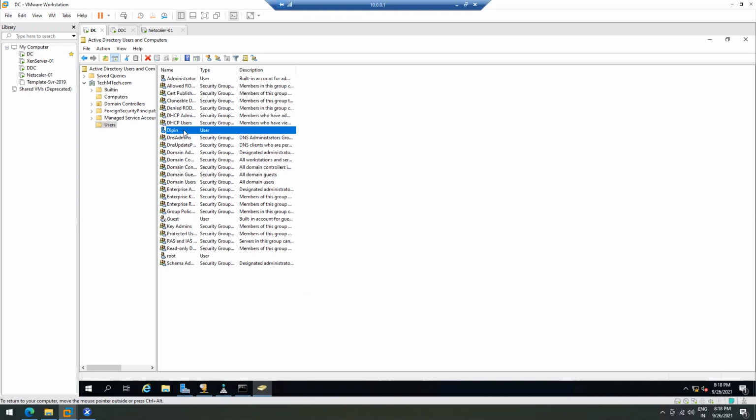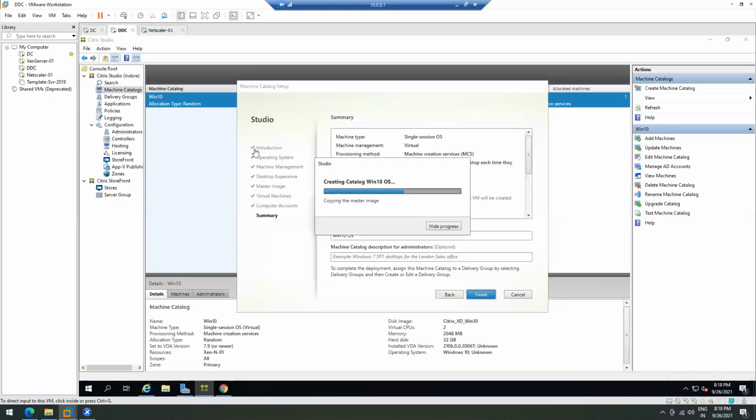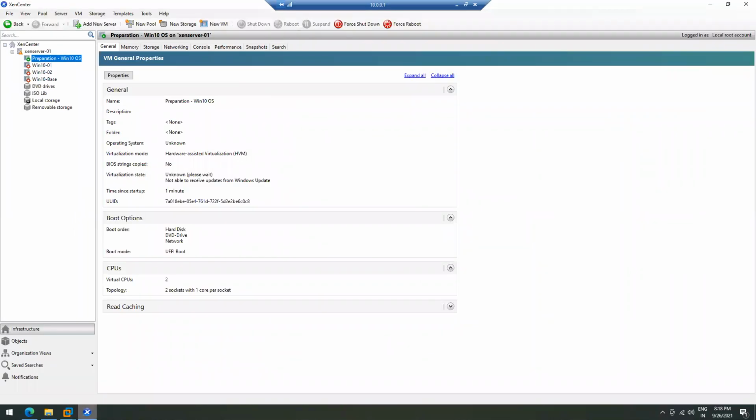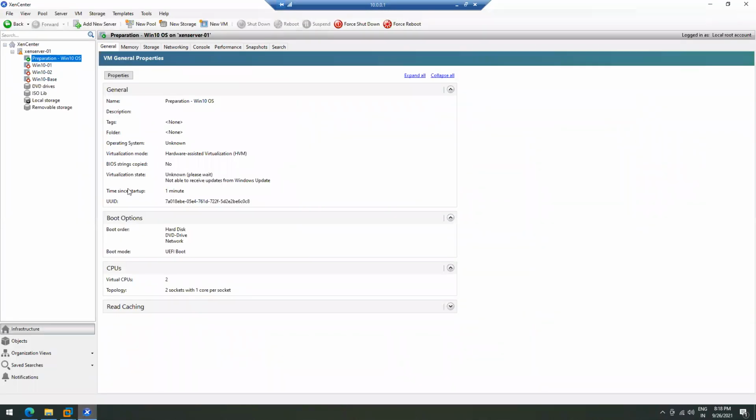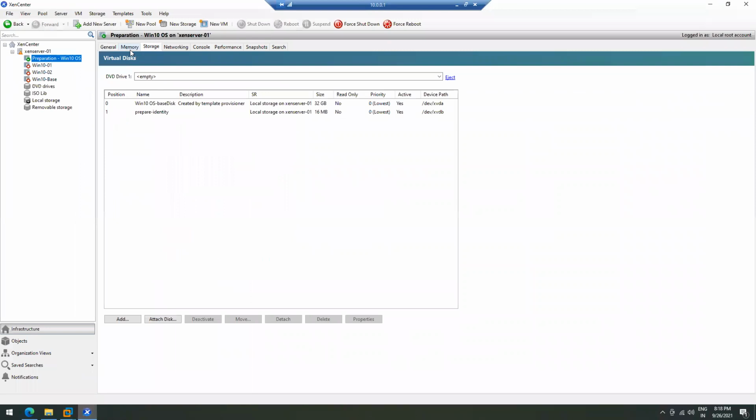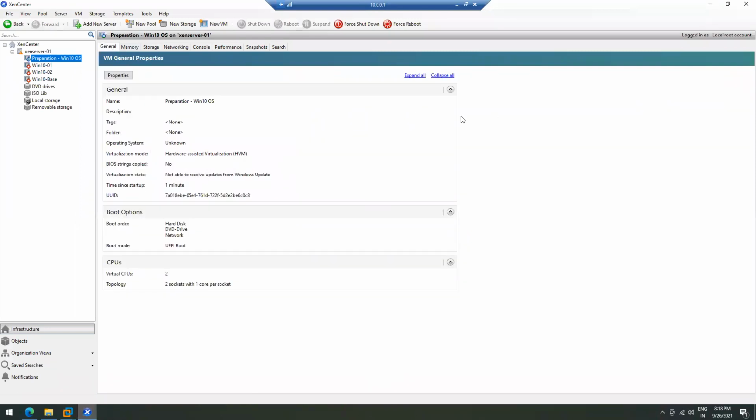It's just a simple standard user. It will take time to create the machine catalog, so we have to wait.